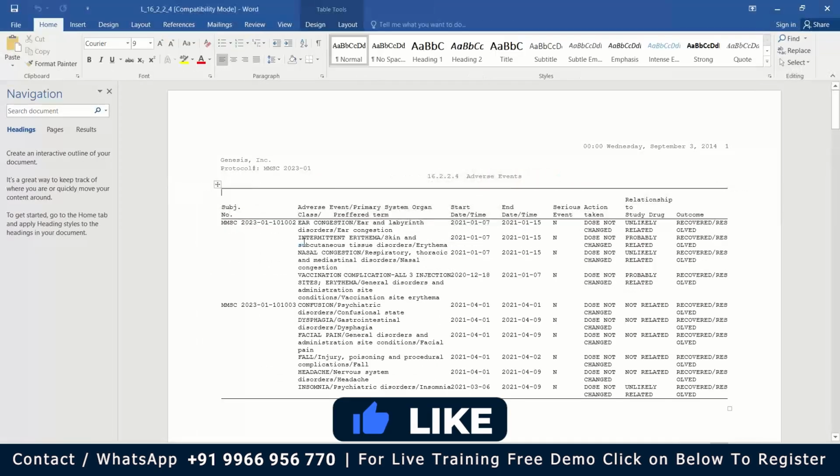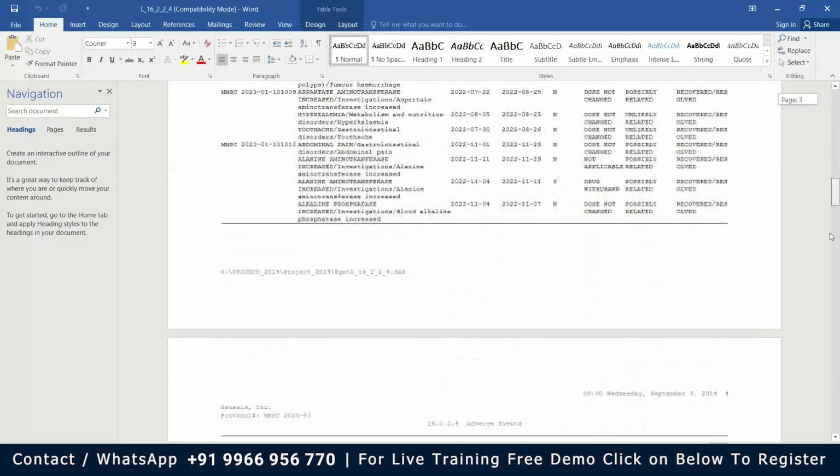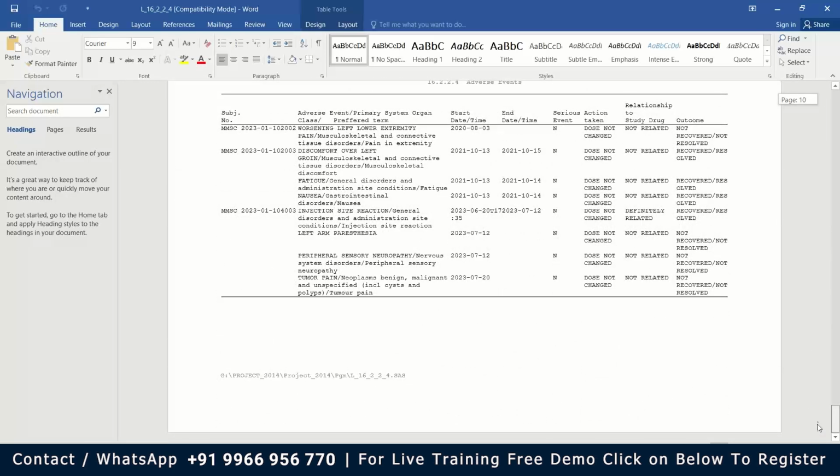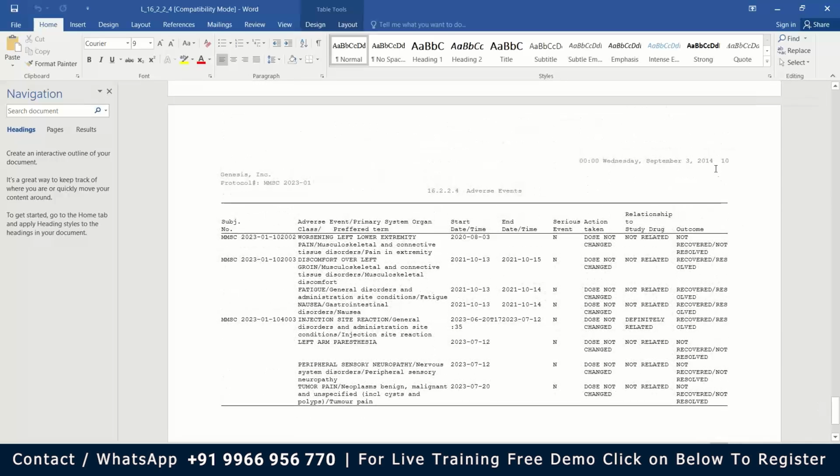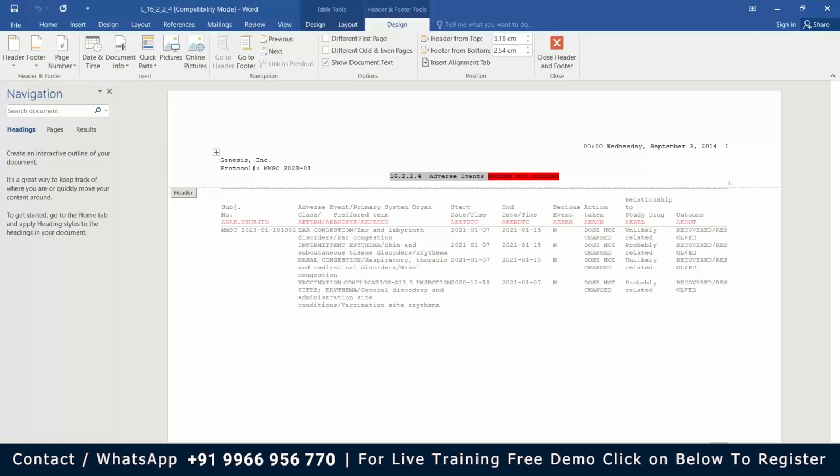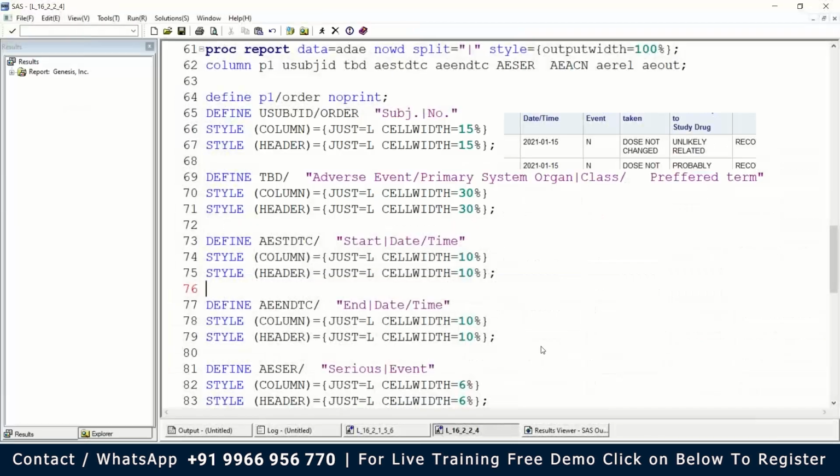Here you can see each and every subject, what is the adverse event, start date, end date, and this outcome, etc. 10 lines I am printing, so around 10 pages, all the adverse events related to all the subjects were printed exactly. So now we are going to macrotize this programming to generate